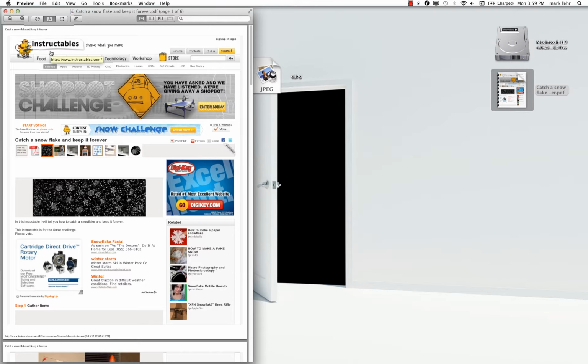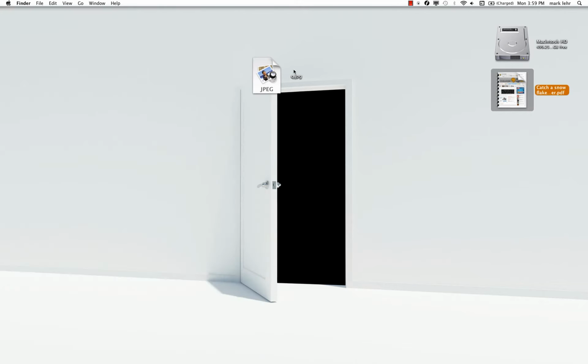It doesn't know I have Acrobat Reader or Acrobat Pro, so it says it will take the initiative and open it up in something that can, which is Preview. And that's the way the operating system works by default. Now what I want is not that to happen, but I want it to open up in Acrobat or Acrobat Reader. So by clicking on the icon of the PDF, I'm going to go over to File,